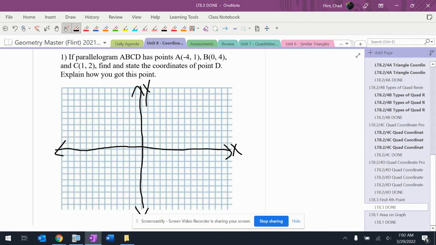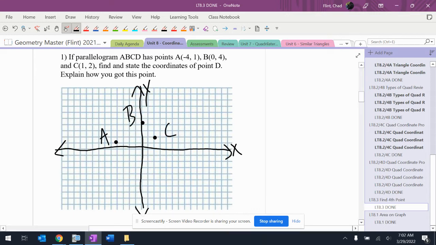And by making a pair of opposite parallel sides, that will force everything else that needs to be true to be true. So there's no complex thing to this at all. So if I go ahead and do this, -4, 1, 2, 3, 4, -4, 1, 0, 1, 2, 3, 4, and 1, 1, 2. And I have to label the points